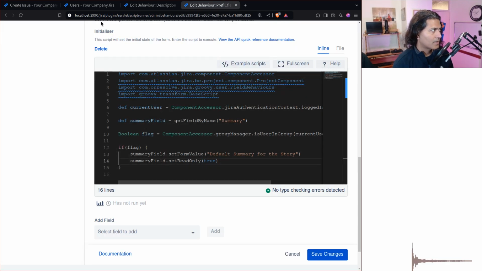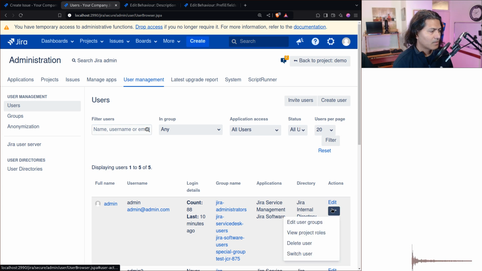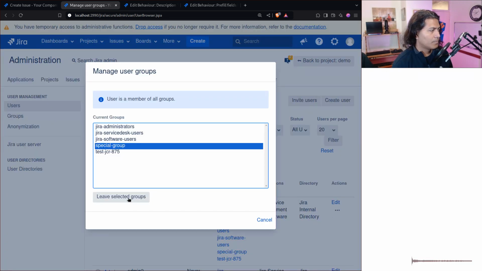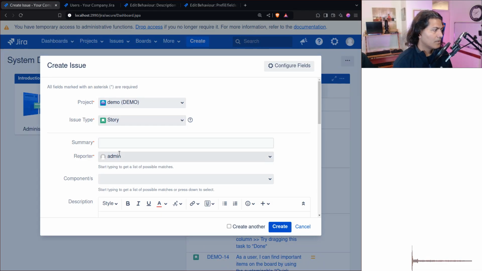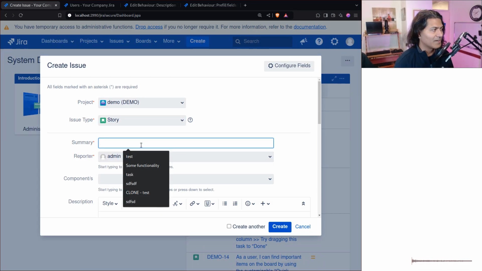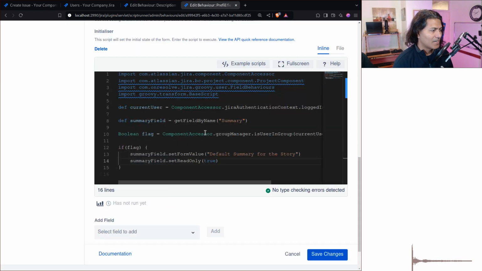The other thing that I may want to do is remove myself from this special group, and if I now try to create the story, that behavior is no longer valid. So it's a very simple thing that you can do, but what I'm trying to show here is that using these simple behaviors, you can enhance your process where, based on their role, based on their groups they're part of, or some other condition, you want to make some fields